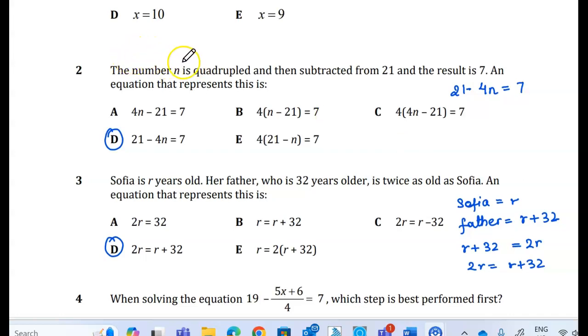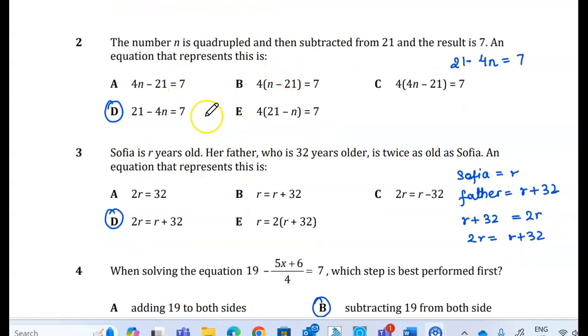Moving on, a number n is quadrupled. Quadruple means it's times 4, and then subtracted from 21. So 21 minus 4n is 7. An equation that represents this is,